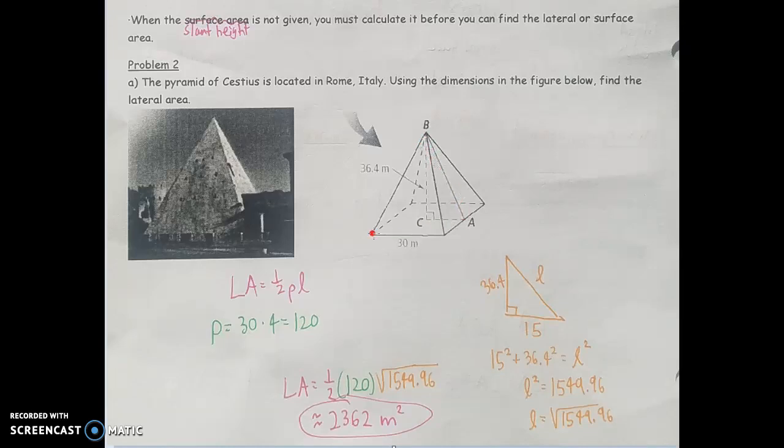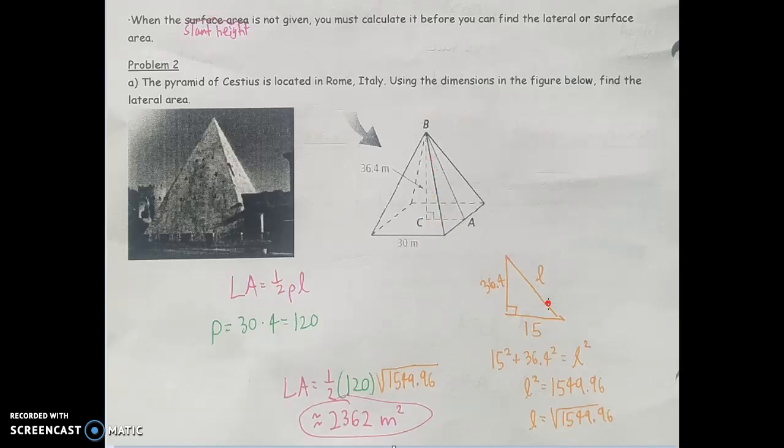So perimeter should be easy enough. If I know it's a square pyramid, and if I know a side length is 30, I can do 30 times 4 sides, and that gives me 120 for a perimeter. For the slant height, I'm going to have to use the actual height of that pyramid, and I'm going to have to use half the length of one of those sides of the base. So if I look to that right triangle that they're picturing, kind of cutting through the middle of that pyramid,